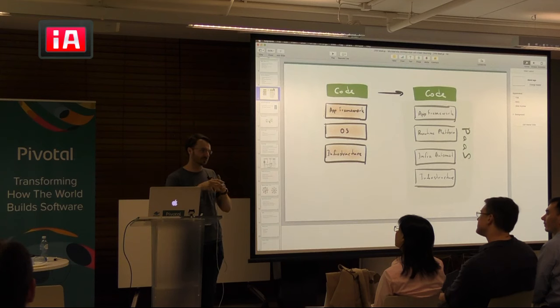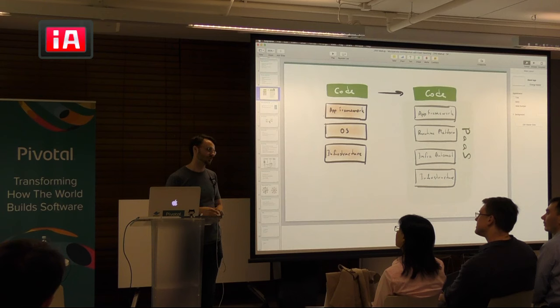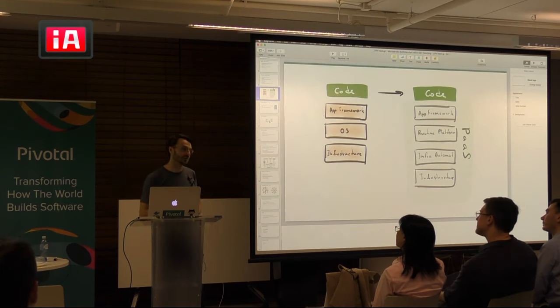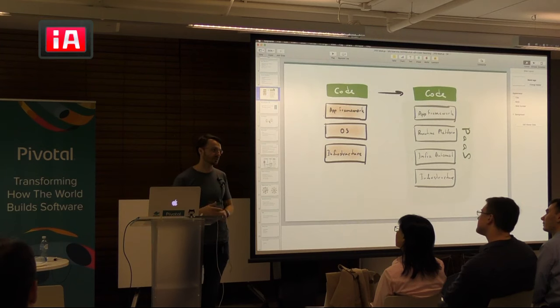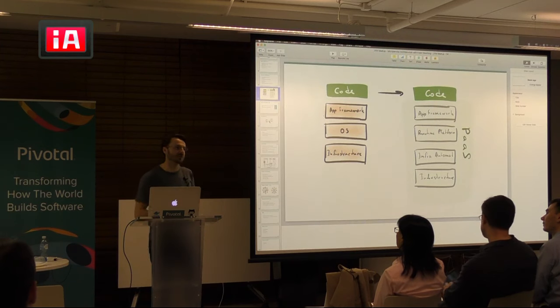You're baking in a lot of implied logic everywhere through these events, and it's really difficult to then make sense of what's going on in your service and your services. You need to debug everything and trace code to find out what's going on. So you've got to be careful.